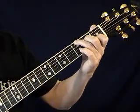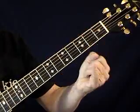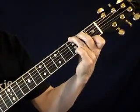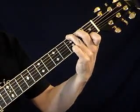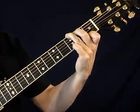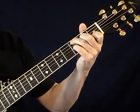Okay, and then once you can do that, try going from, let's say, a G chord, and if you're having trouble with your fourth finger, you're probably playing your G chord this way. So try this. Play your G7 and then add your fourth finger. Take that fourth finger off. When you add that fourth finger, it becomes a G chord. G7, G, G7, G. And after you've gotten good at that, practice going from G to a C7, back to